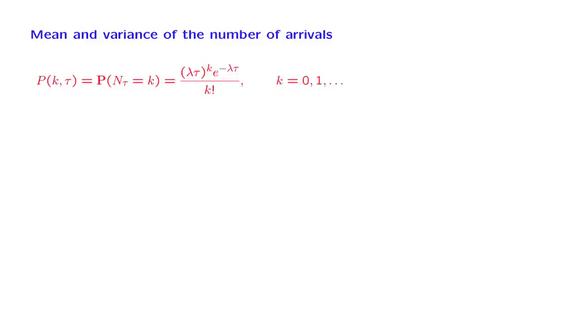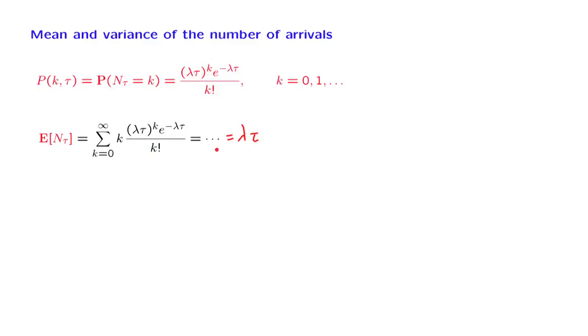Now that we have in our hands the PMF of the random variable N_tau, which is the number of arrivals during an interval of length tau, we can go ahead and try to calculate the mean and variance of this quantity. Regarding the mean, we could use just the definition of the expected value and then carry out this calculation, which is not too hard, and in the end we would obtain an answer equal to lambda times tau. This is indeed the correct formula for the expected value,